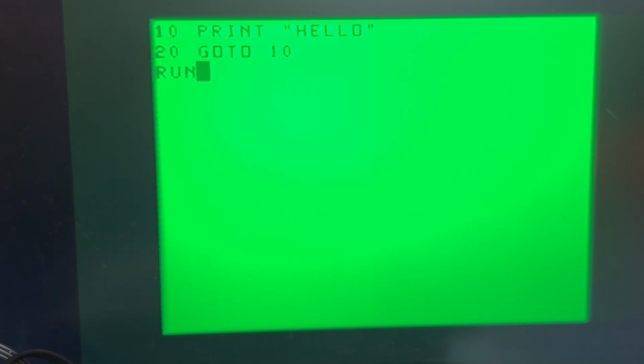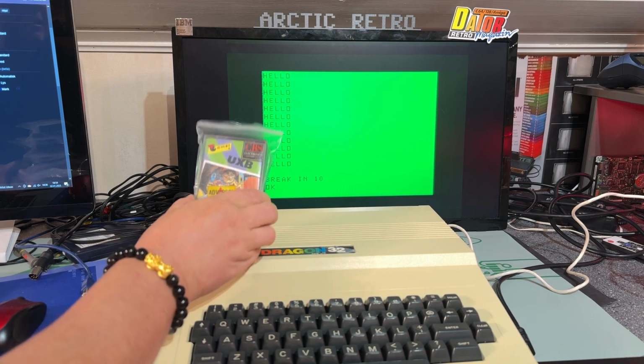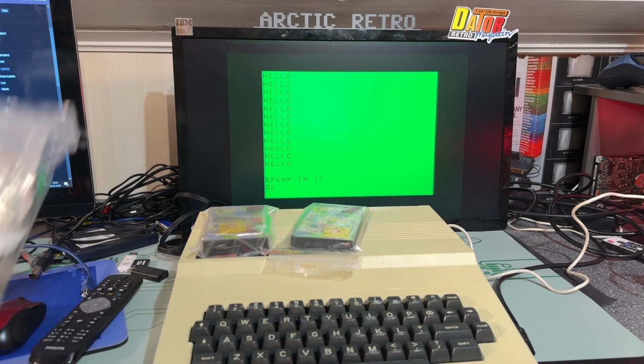And the only difference between this and the Dragon 64 is that the 64 has 64K of RAM, I think. But it was quite common to upgrade this machine to 64 kilobytes of RAM yourself back in the day. Obviously, this machine doesn't have any built-in floppy disk drive or anything like that. So what was used back in the day was obviously cassette drives and cassette tapes,